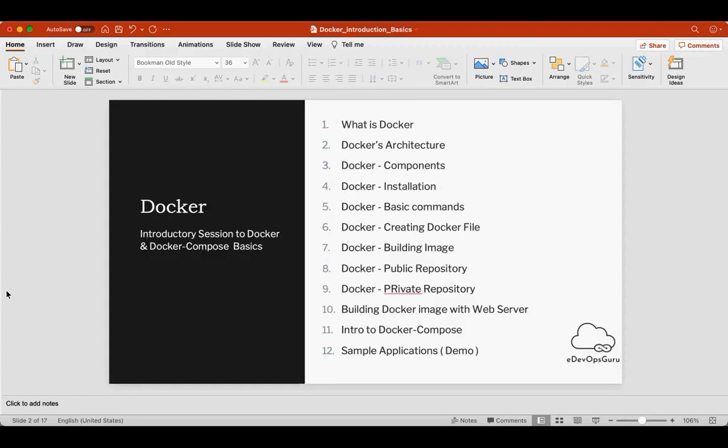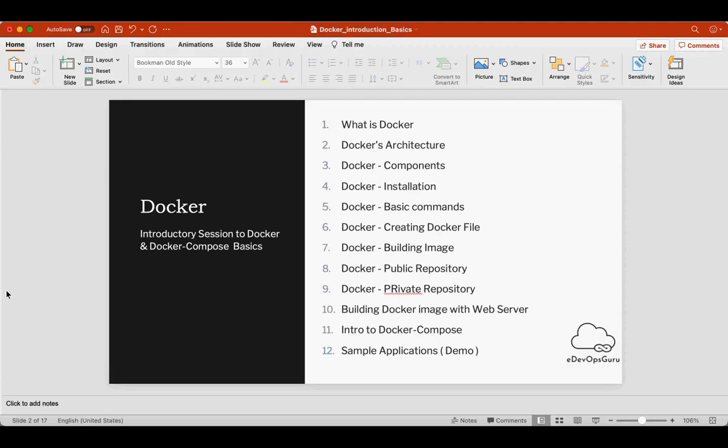So today we will cover Docker, what is its architecture, what are its components, installation, basic commands, and we will see how we can create a sample Docker file and what are the different components or commands in the Docker file.